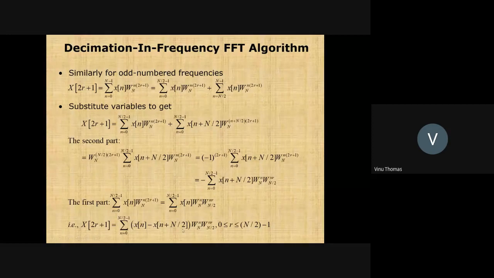So what is happening here? Abhishek asked before, what is happening here? What is happening with this sequence, x of n minus x of n plus n by 2? Summation is from 0 to n by 2 minus n. What is happening here? n by 2 point DFT of first x of n and... No, so I am only asking about what is happening here. x of n minus x of n plus n by 2. First half and second half, the difference. Right. So you are computing first half minus second half, and you are going to multiply this new sequence